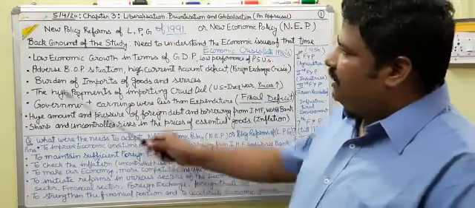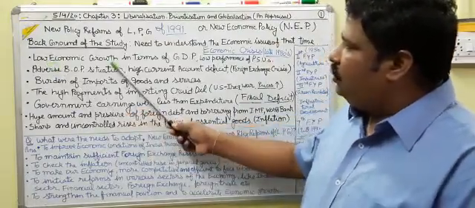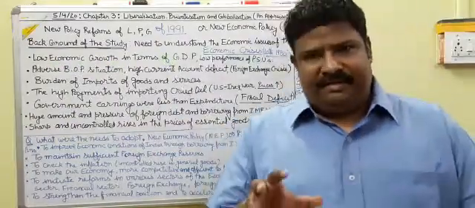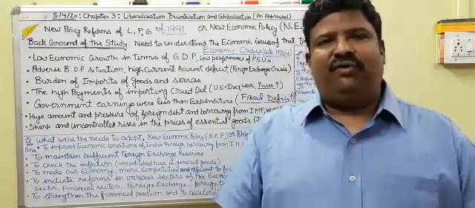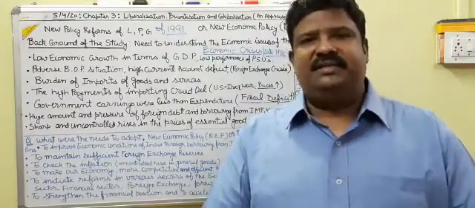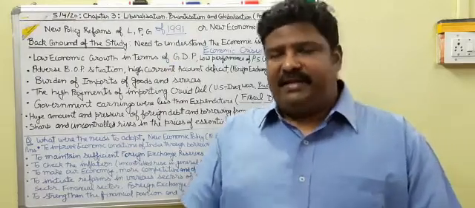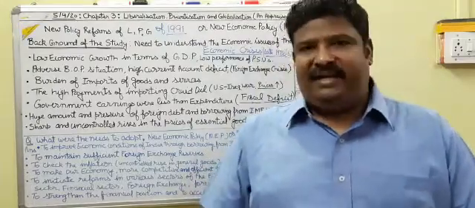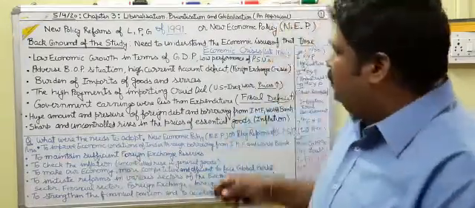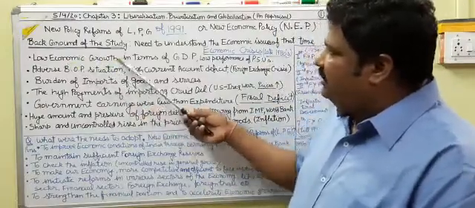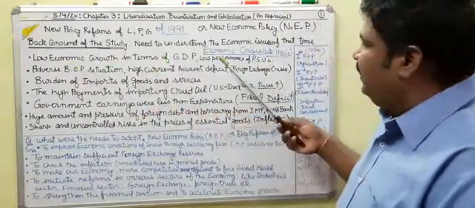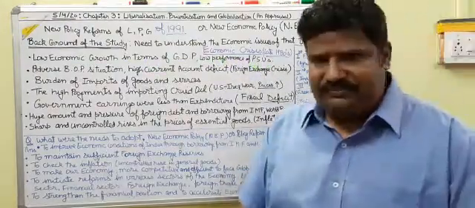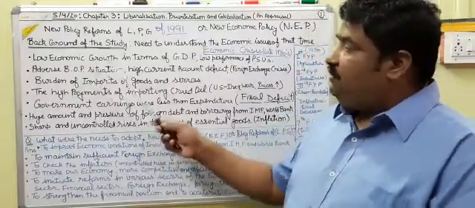So number one, the low economic growth in terms of GDP. GDP is the gross domestic product, which expresses the market value of all final goods and services produced in a country in a year. But in this GDP, the industrial sector has not done as expected in our 5-year plans. So there was low economic growth in terms of GDP, and especially low performance of public sector undertakings, the PSUs.